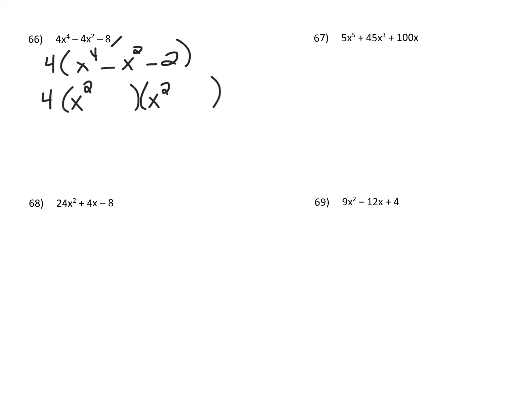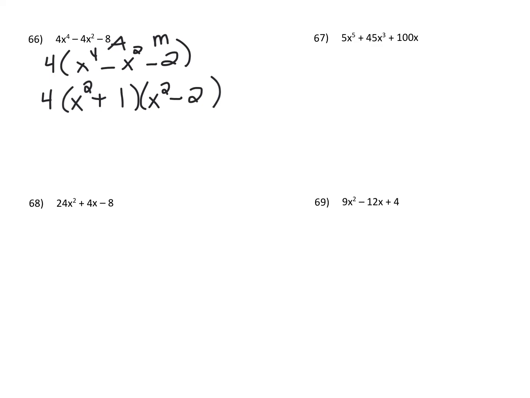And then we just come up with 2 terms that add to the middle term, so add to negative 1, and multiply to the last term, so multiply to negative 2. Now remember, if they multiply to a negative, it means that we're going to have 1 of each sign. So we're going to have a positive as well as a negative. All right, so the 2 numbers that multiply to negative 2 and add to negative 1 would be negative 2